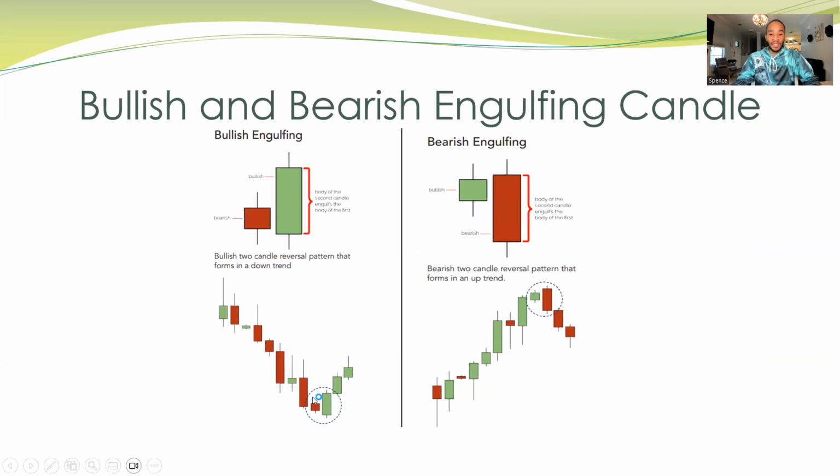So if you look at this example down here, you see how we engulfed that candlestick, and then we had the subsequent candles come in, and then the trend started to reverse. And that's what we see in some cases on a weekly basis with SPY. Now let's go to a bearish engulfing candlestick. So a bearish engulfing candlestick would indicate that it's a possibility that the sellers are about to take control